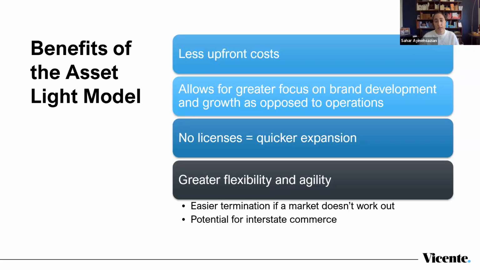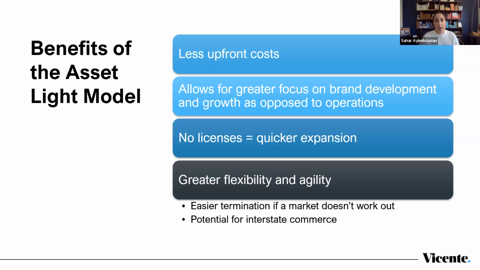Not having licenses also allows for much quicker expansion. So, as mentioned, it takes a good amount of time usually to secure a license. It can take a good amount of time to find land in a properly zoned area. It can take a really long time, depending on what jurisdiction you're in, to be able to secure a license, to be able to secure even funding sometimes to get the licensure for what you need to do. Whereas with the asset light model,